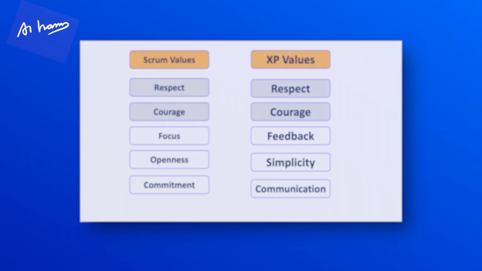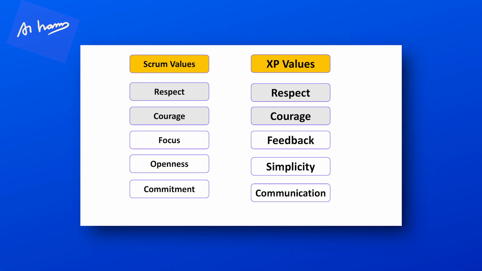Okay. Then again, in XP, we have got 5 values. So what are the 5 values in XP? You can see on the mind map. One is simplicity, one is feedback, communication, courage, and respect. Okay. Simplicity is the art of maximizing the work not done. It means we will not build features which are not needed immediately. We will build only features which are needed immediately, which add value to the customer now. For the sake of just building features, we will not build features. Software development is used to solve problems, not to just add features.